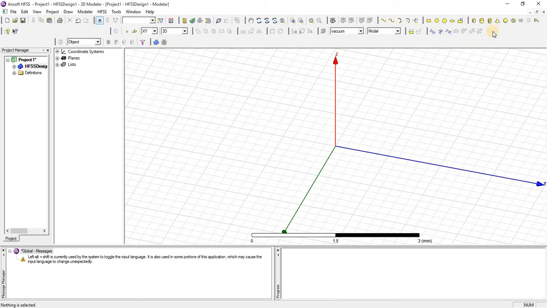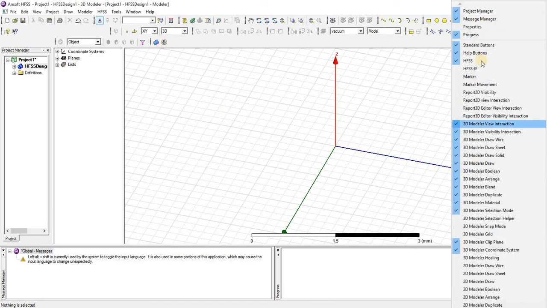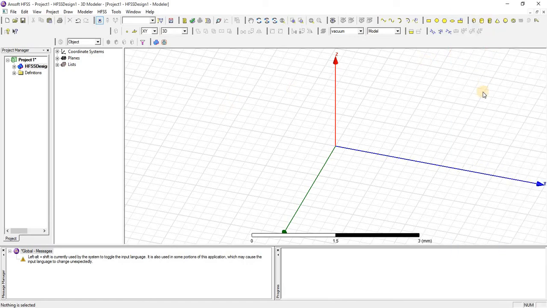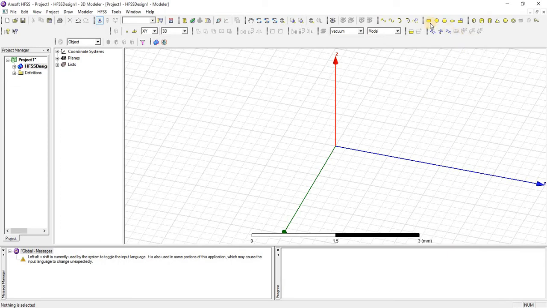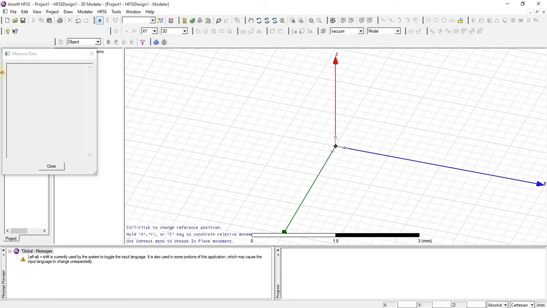Let's start. First of all, you can check from here, just left click. The 2D modeler draw has been checked out. First, to draw a 2D object, here is a rectangle. Just click on the position where you want to make it and set the parameter from here, the left down corner.